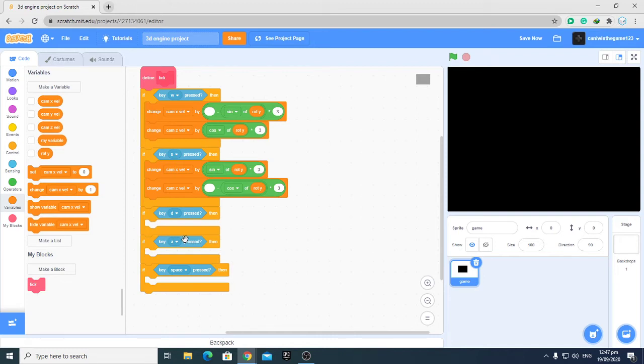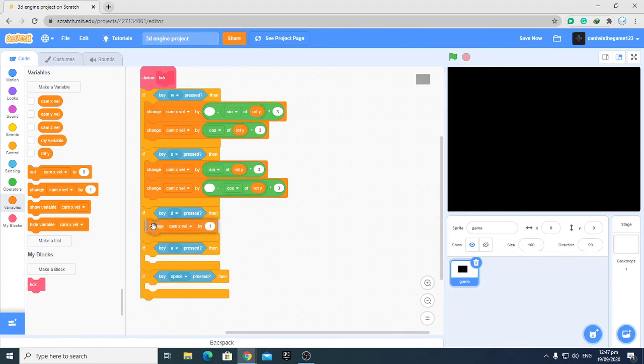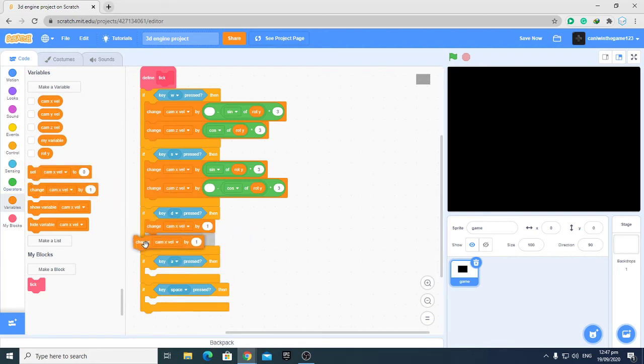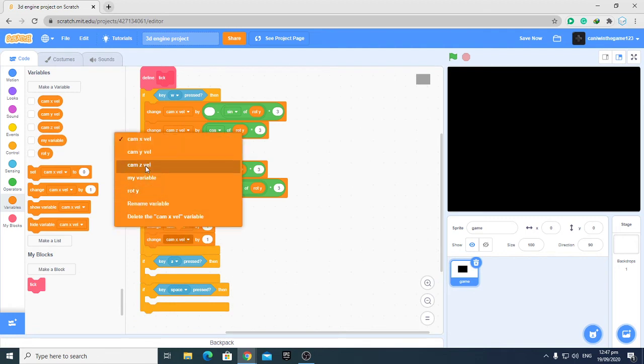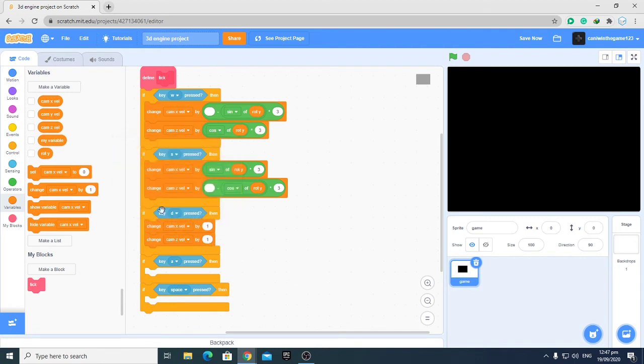Now if we go down to D, it's basically the same, but we've got to do some modifying. So we need to go and add a change x well, and then we need to have a change z well, and we want to add